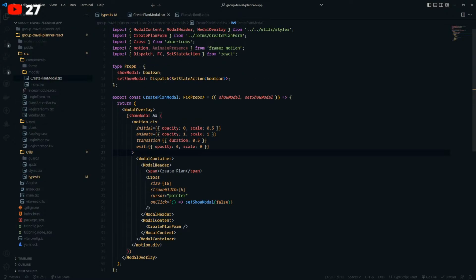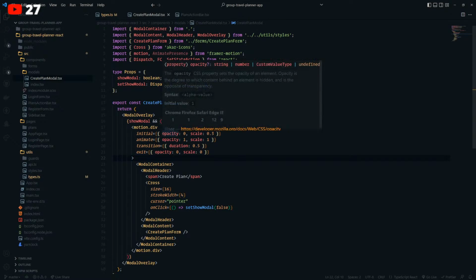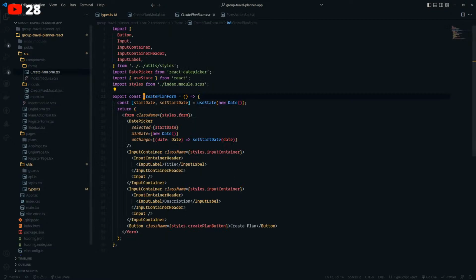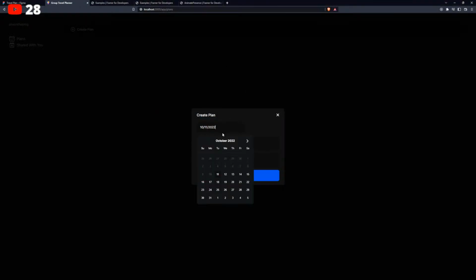With that, we'll need to manage some state. We have our date right over here. Every time we change the date, it always updates this.